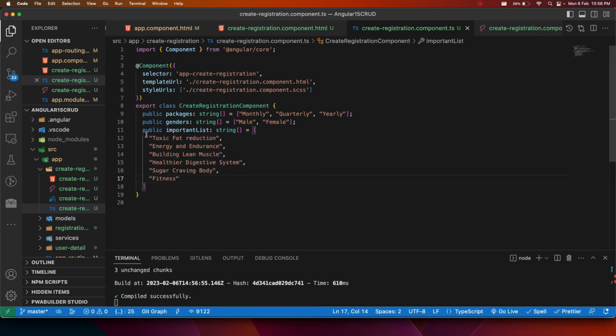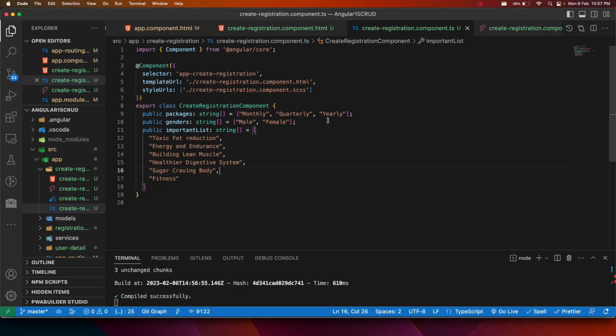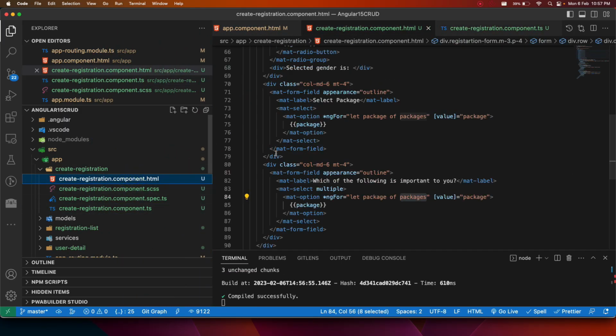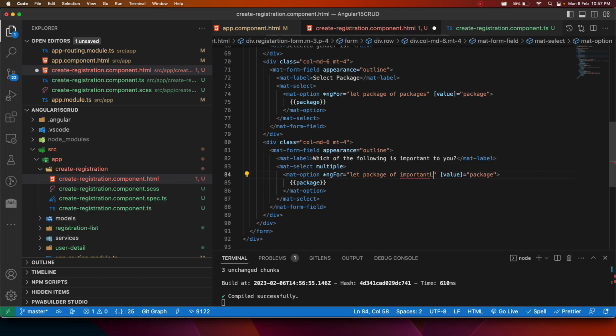Again, if you want to use the same, you can pause the video and copy this. So now you get different options. Okay, so it is not saved. Why? Because you made the changes in TS, but you haven't updated that in the HTML. Okay, so this has to be changed with important list. And this should be